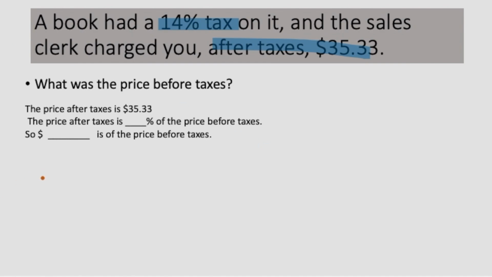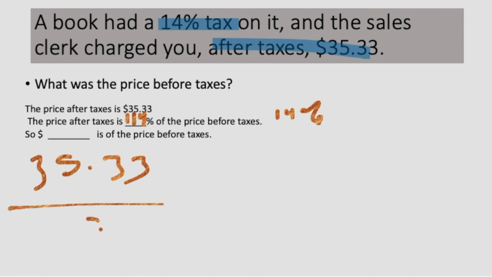So the price after taxes is what percent of the price before taxes. So it is 114% of the price before taxes, right? So that would be 14% more than before the taxes are put on, right? So, the money that you're paying now, what can I do? Well, I'm going to go backwards. So I'm going to start with